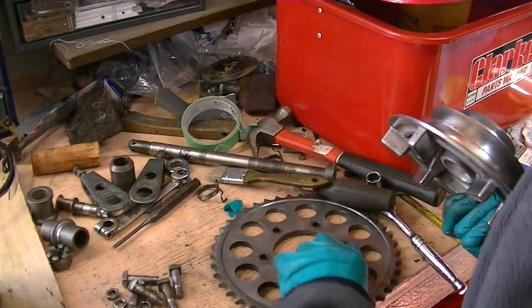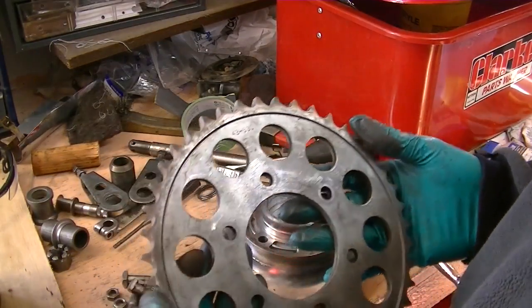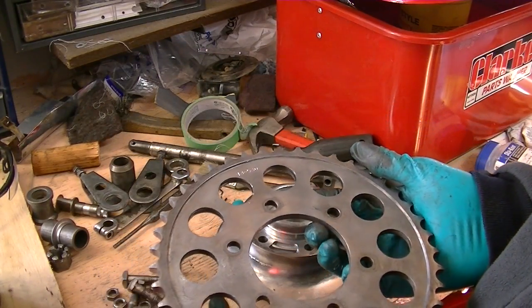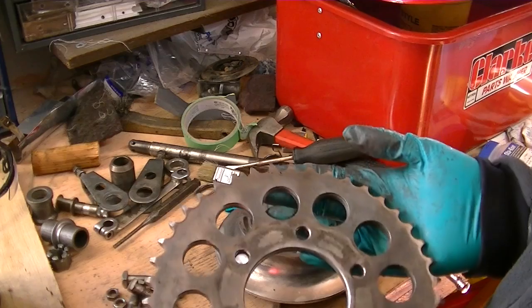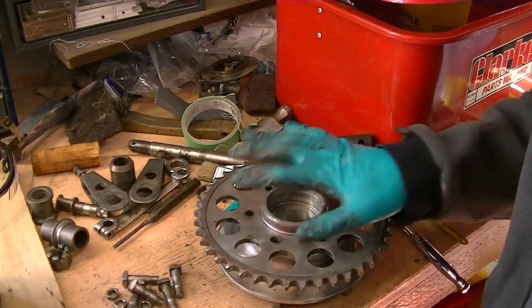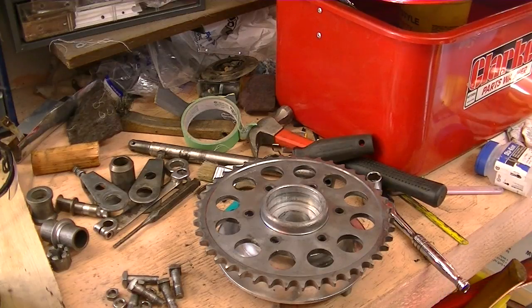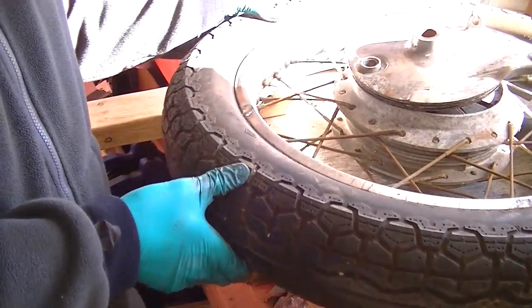That's the big one. And the sprocket, it cleaned up nicely too. You can even see the original stamping on it. 43,530. I have to check to see if that's the original gearing or not. I don't know offhand. Very well could be, probably is. Don't see why it wouldn't be. But yeah. So, give those a clean, get everything ready. Probably give them a coat of paint before you see them again next,